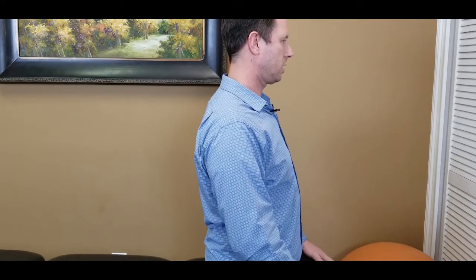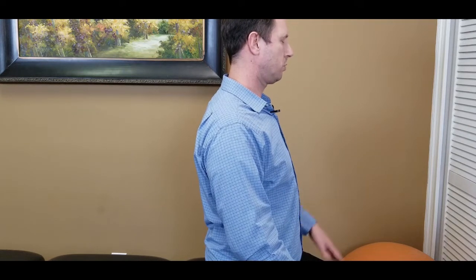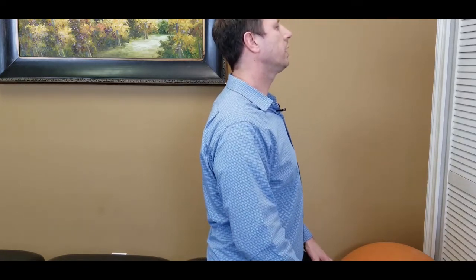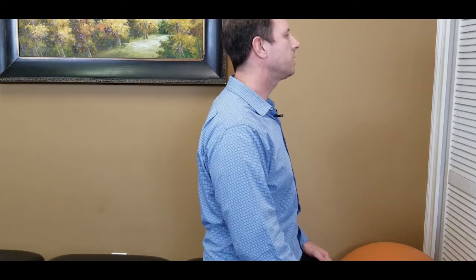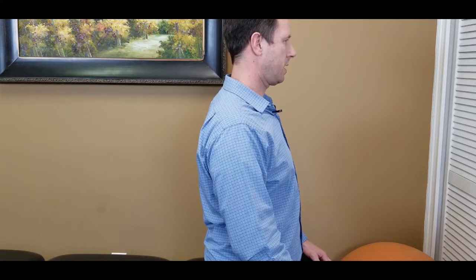Now let's take a look at exercise number 2, the waiter's bow. We're going to show you this upper shoulder viewpoint of this exercise. So I find my low back neutral. We practiced that earlier. Too far one extreme, too far the other, and then I come back to the middle position. I make sure my chin is in a good position so that I'm not into cervical extension. Bring it gently to level, shoulders relaxed,